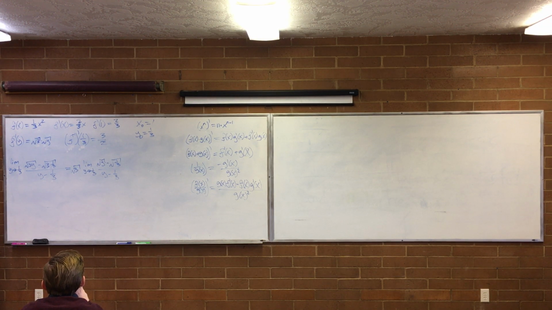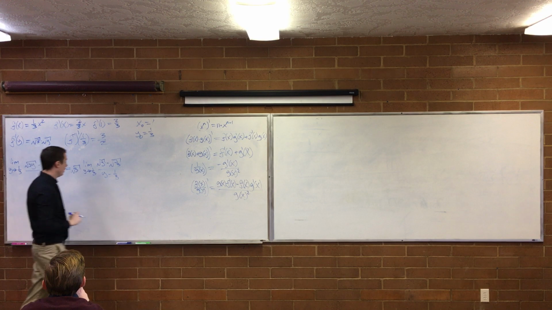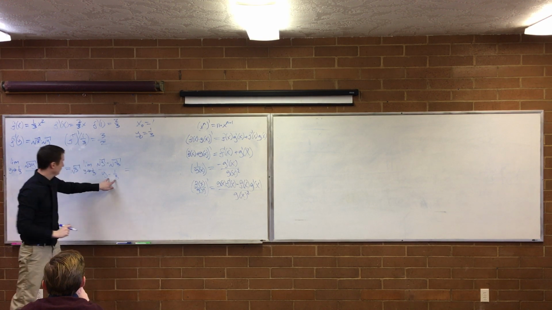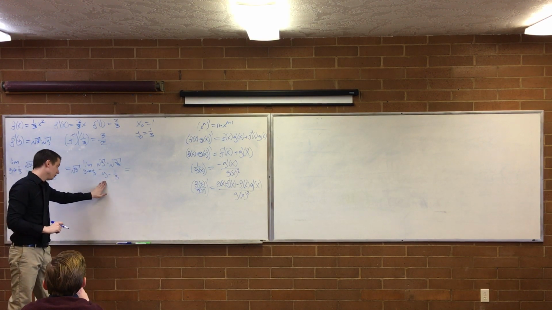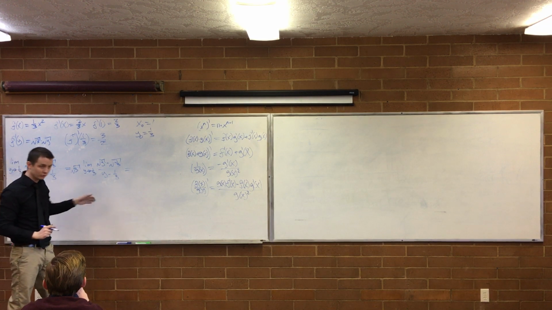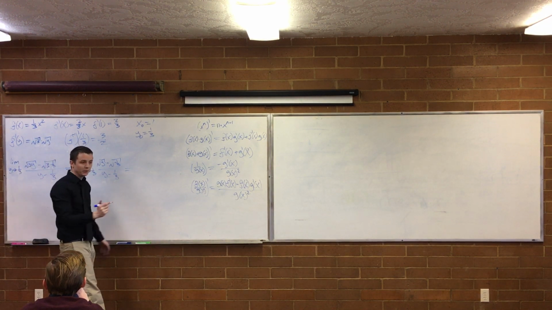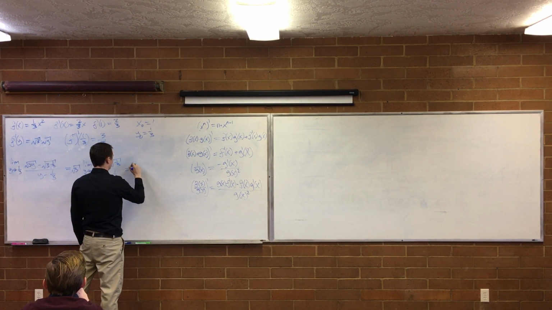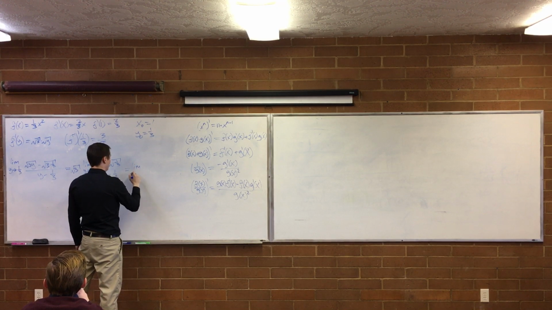Does that make sense? Okay, just pulling out the constant. Now once again, this factors into the square root of y minus the square root of 1/3 and the square root of y plus the square root of 1/3. Maybe I'm going to skip straight to this is equal to the square root of y plus the limit as y approaches 1/3 of 1